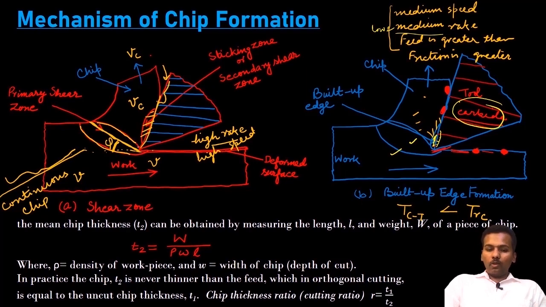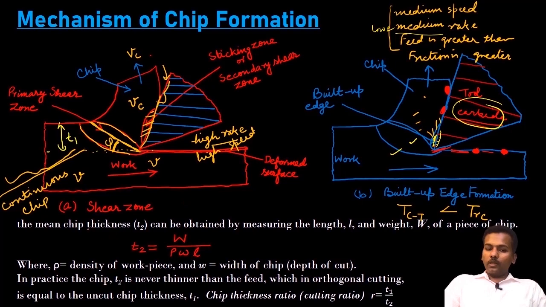So in the case of a discontinuous chip, basically there is no problem of chip disposal. It is already a smaller one, so it will be easily disposed of. If brittle material is there, then you know that a discontinuous chip will always be formed. Even if you are using a ductile material and the condition differs from the continuous chip, that means here we have taken the continuous chip with high rake angle. So if you take a low rake angle and greater feed, then that will create the formation of the discontinuous chip.